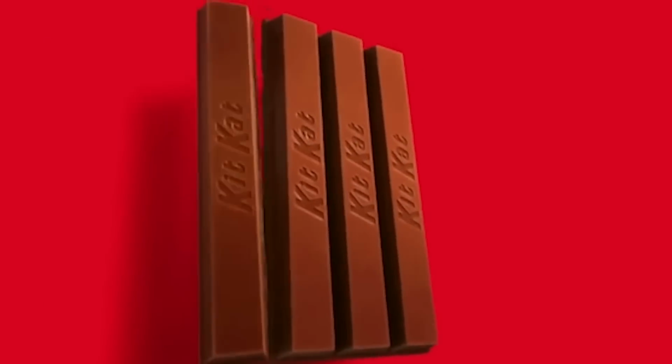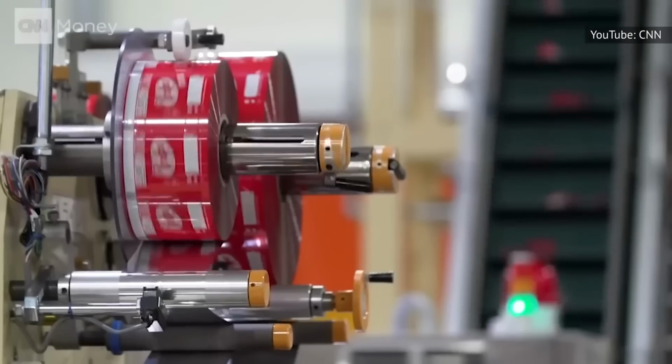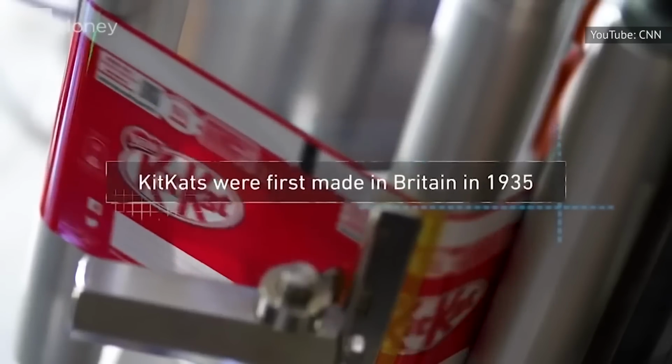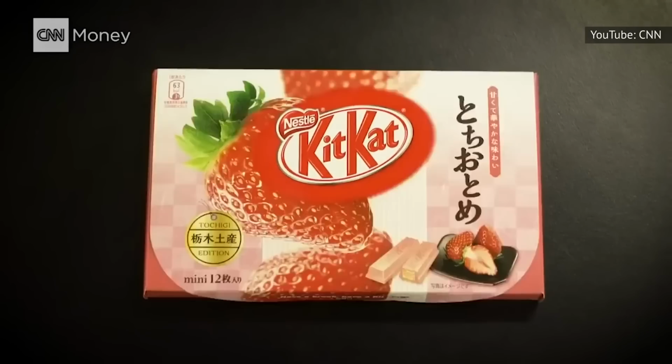Each piece has 3 wafer layers separated by chocolate, and of course, the whole thing is covered in more chocolate. The result is a wonderfully light yet absolutely delectable treat. In the United States, 192 million Kit Kats are sold each year, making it the 4th most popular candy bar